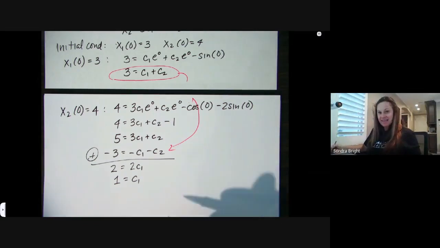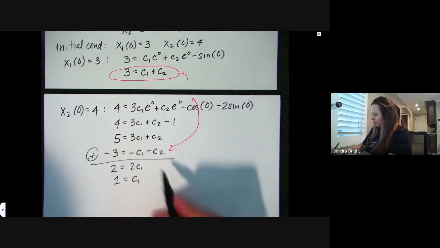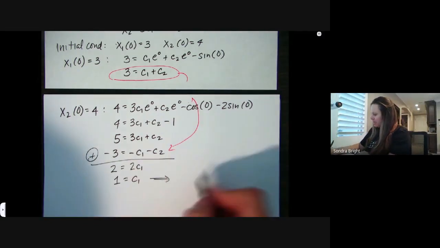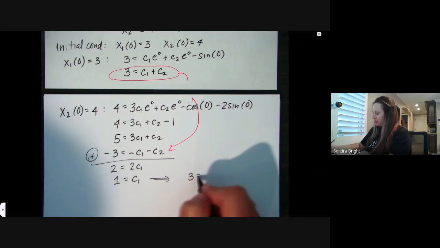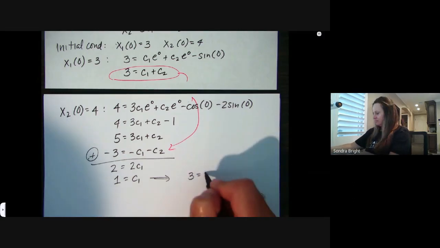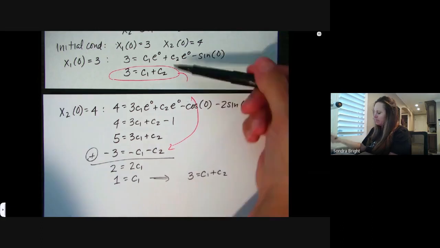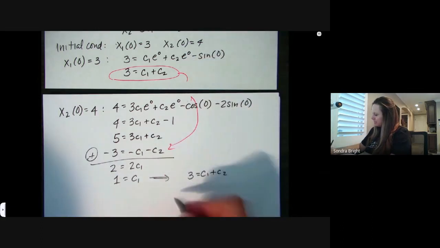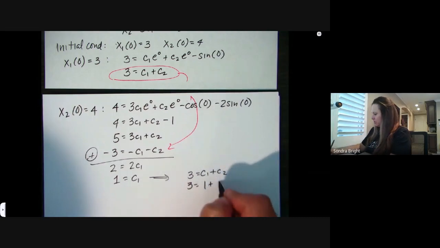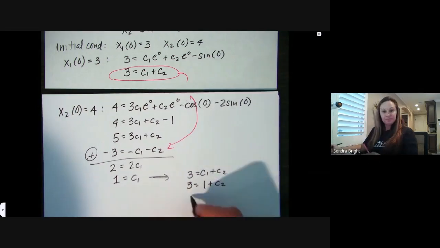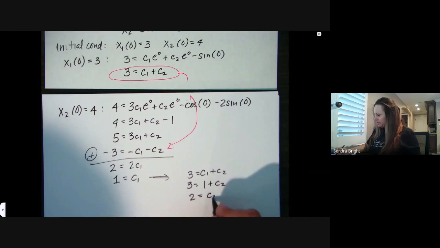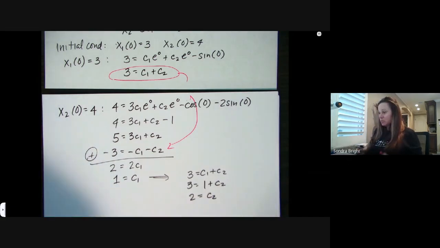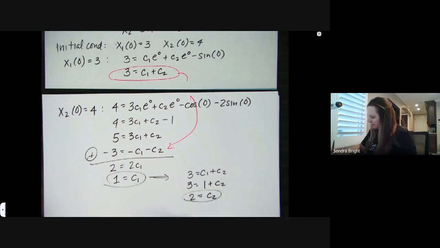Plugging that back in to the fact that 3 is equal to c1 plus c2. You also could have plugged it into the other one, it doesn't matter, but this one seems easier. 3 is equal to 1 plus c2, and so c2 is 2. Yay! So we solved for the c1s, we got these, and so we'll just plug them in. So that means our final answer is